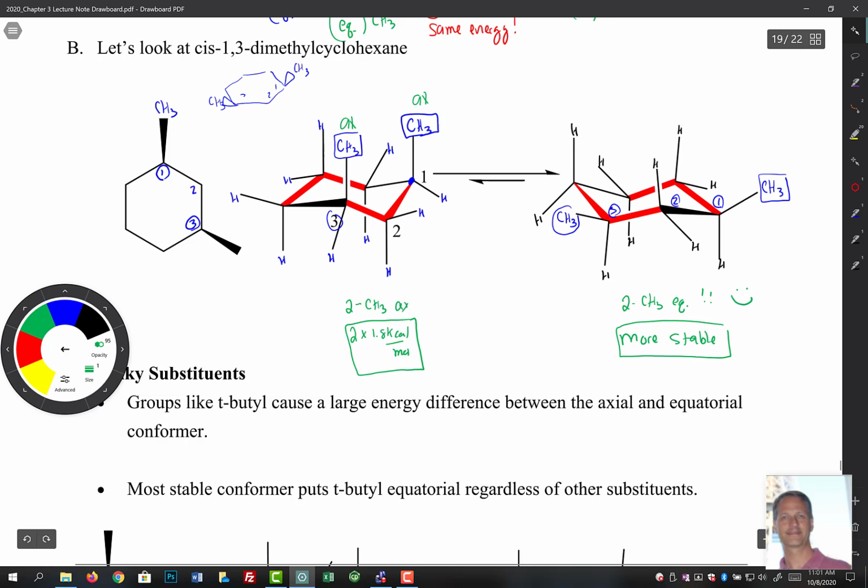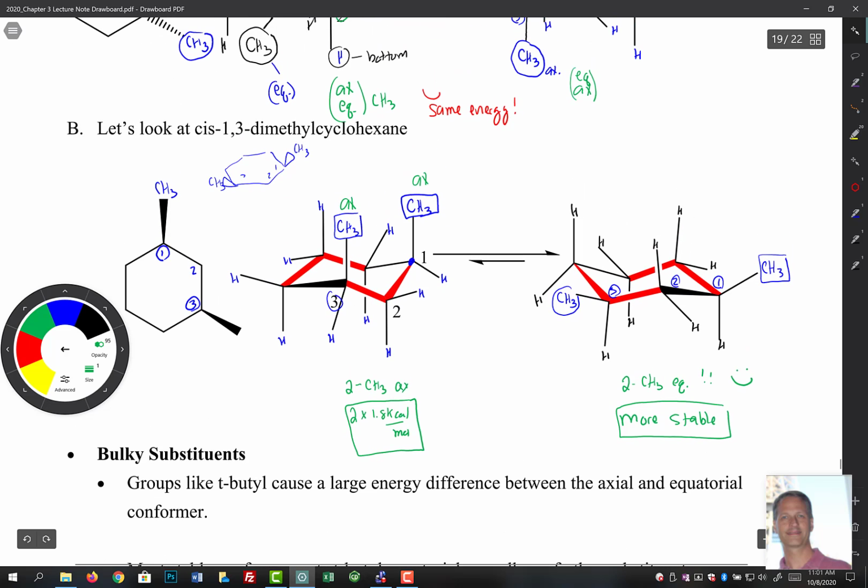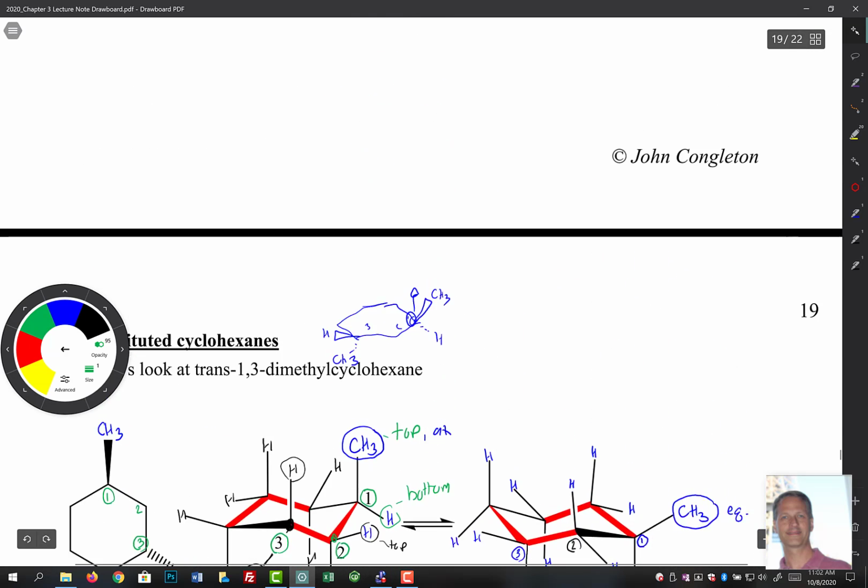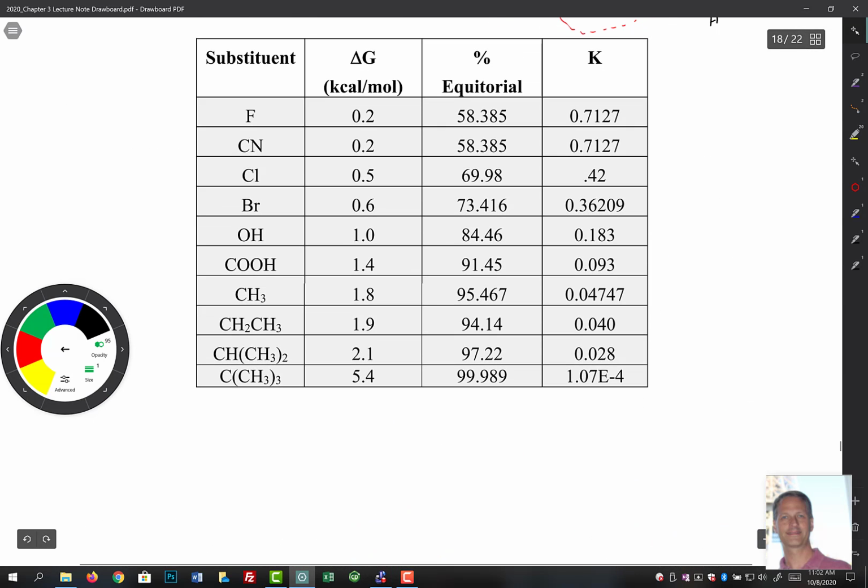Now, there's going to be some cases where it's not such an easy decision. We typically put bigger groups at the equatorial position, but what happens if you have one big group that's equatorial, but a whole bunch of other groups that are axial? So there's a tipping point there, right? And in some of these borderline cases, you actually go through and you just count up your delta G's. And then it turns out that the chair that has the smaller delta G would be the one that predominates